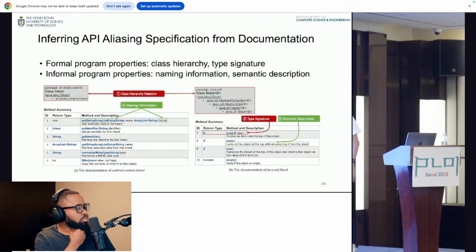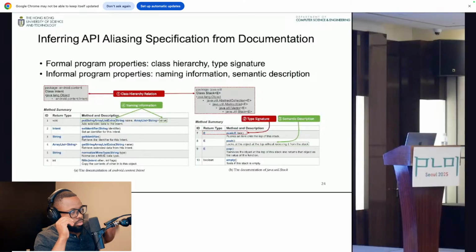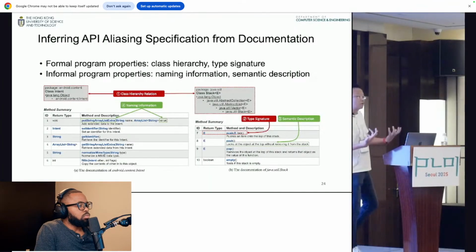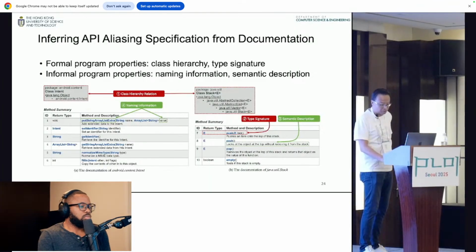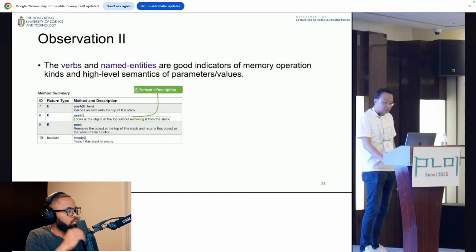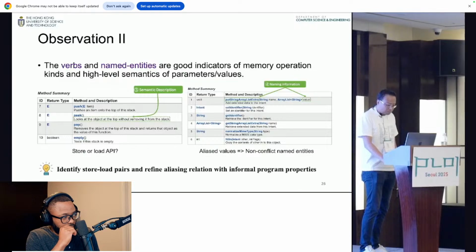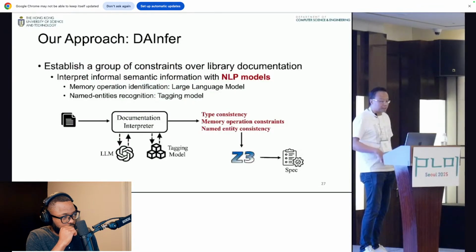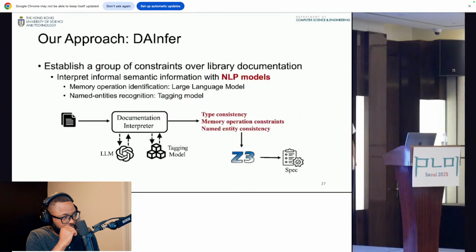So what we do, we first look at the type signatures. We read the documentation. We read the type signatures, and we read the document. We actually read the sentences, and it's not hard for a human software developer to reach conclusions. So this is the intuition we had. Observations, just quickly skip them. So if we combine them, we ask an LLM, and we combine it with these type constraints. We combine them together and see if we can make some right conclusions.